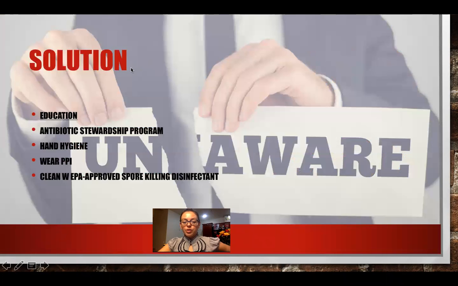Solution. So what is the solution? I put this huge picture in the back, unaware. So we want to educate. I think that that's a huge problem in my unit. We always were like, well, do we isolate? Do we send the stool? But they're on tube feeds. There's a lot of ifs and buts. So education with all the questions being answered for everyone all at once is important. Also, an antibiotic